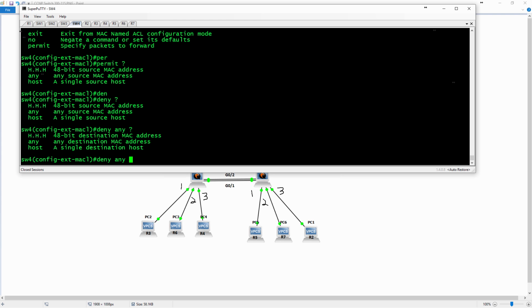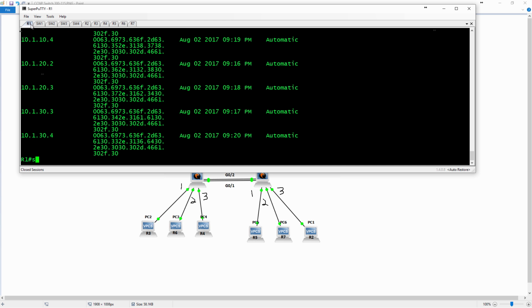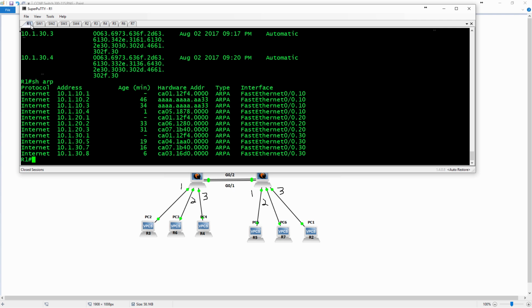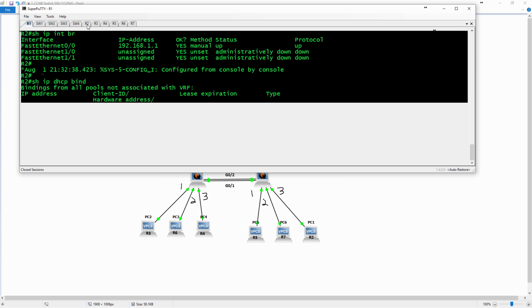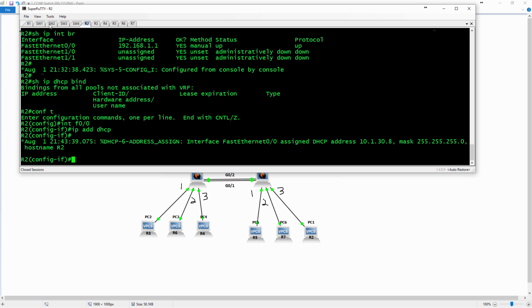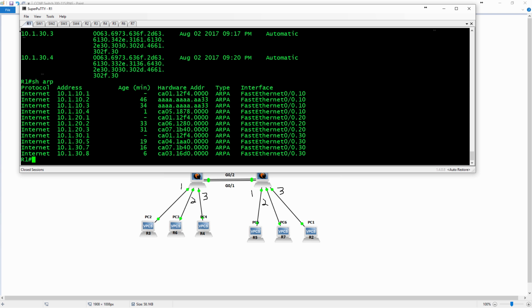Let's say for instance, I want to do a show ARP, and I want to grab, I'm on R2, R2's IP address is .30, which means on R1 I want to be grabbing, well,